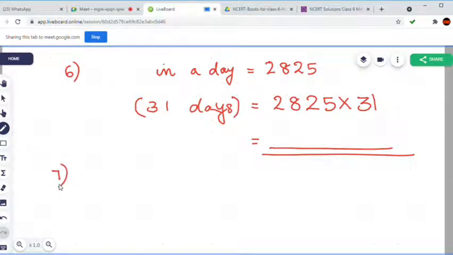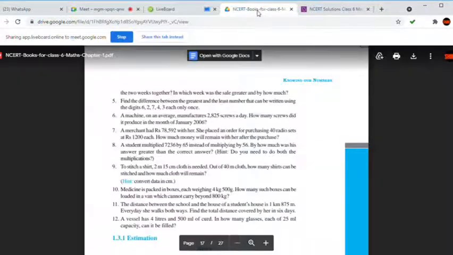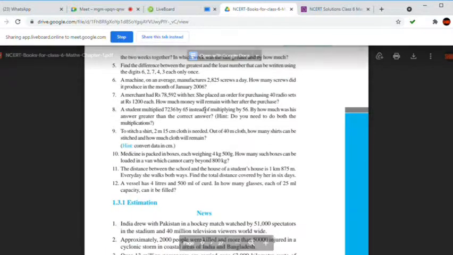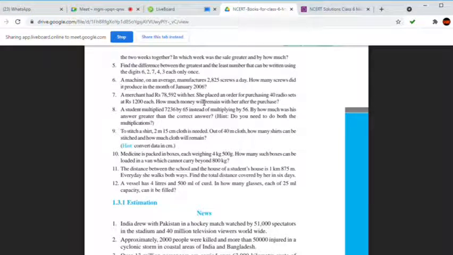All of you know how to multiply these two numbers, one 4-digit number and one 2-digit number. You multiply carefully and find the correct answer. Okay, that much only. Now question number 7, you listen. All of you do a sum more fast. Question number 7, you listen in your textbook.